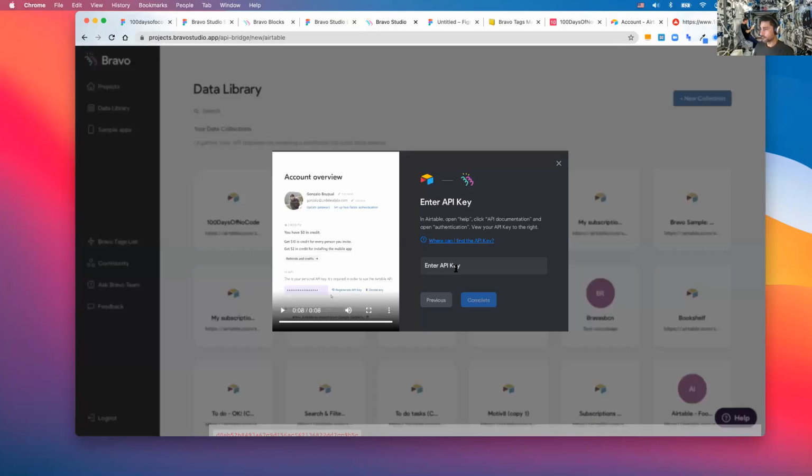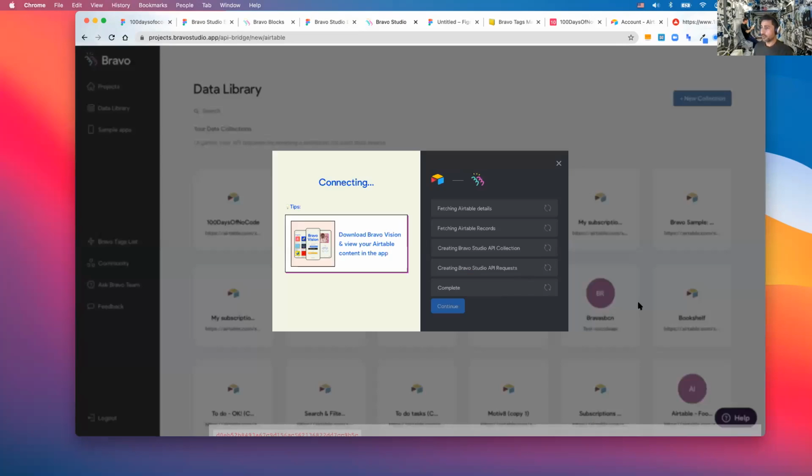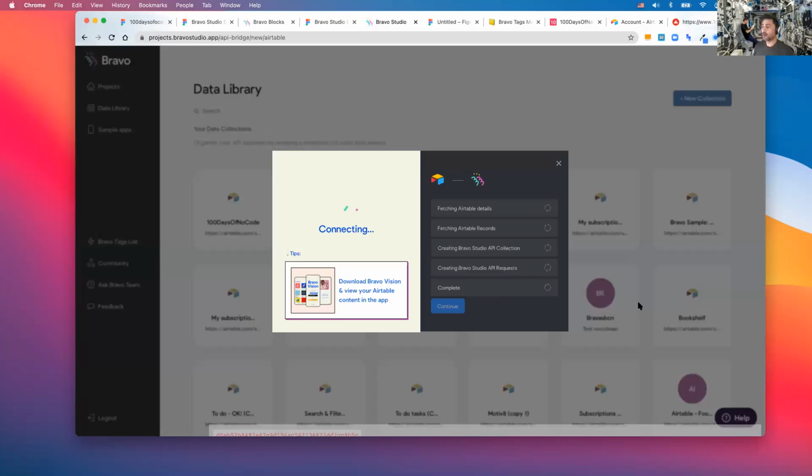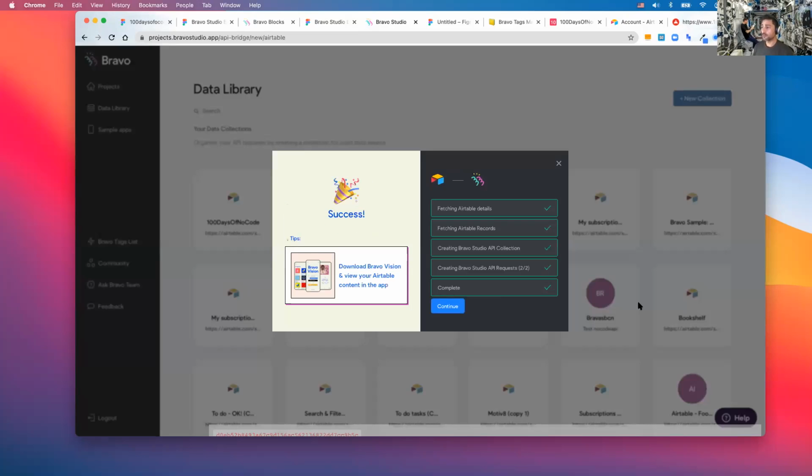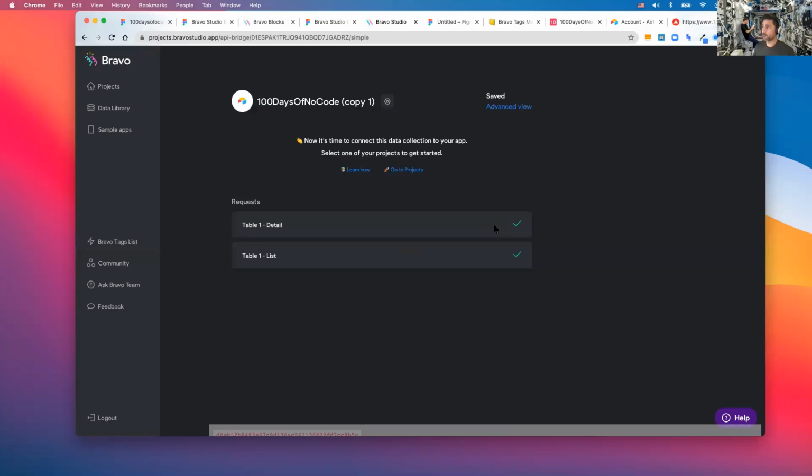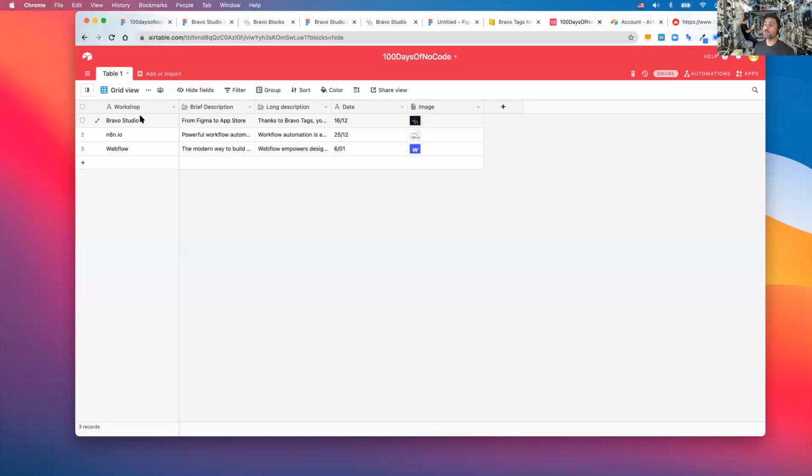Back to Bravo. And now what's happening is Bravo is creating this data collection that is connected to this specific database. So everything is fine, it's ready, and we have it over here. So going back to the Airtable, it's really important to also know how to set it up,